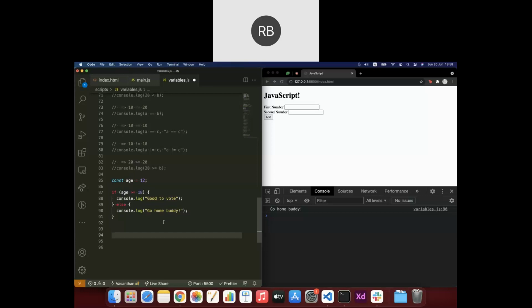We will write something for the age group. Let's say if that age is greater than or equal to 65, let's log a statement called elderly,